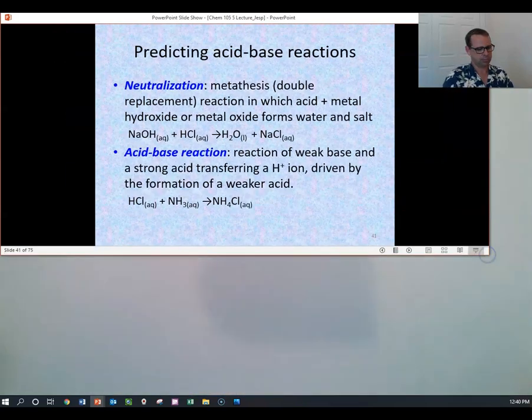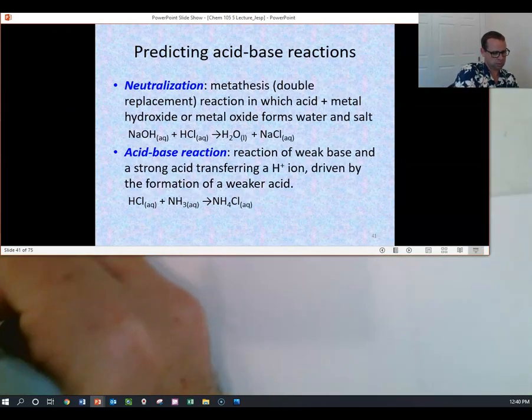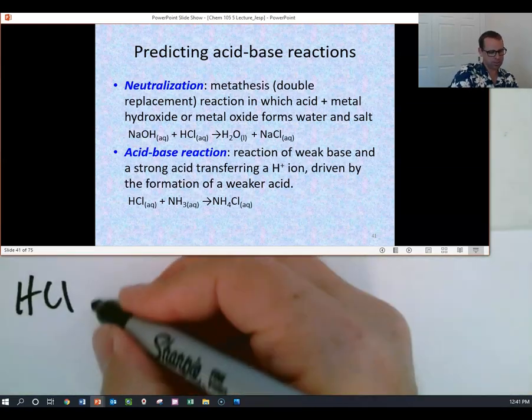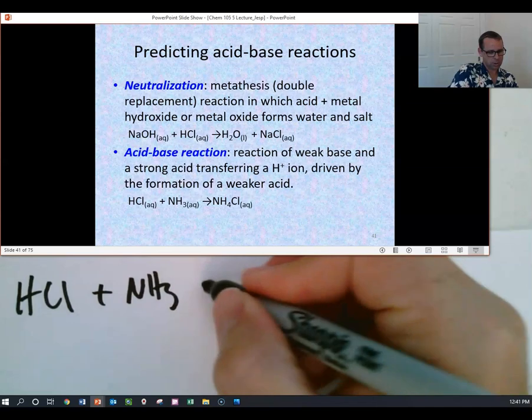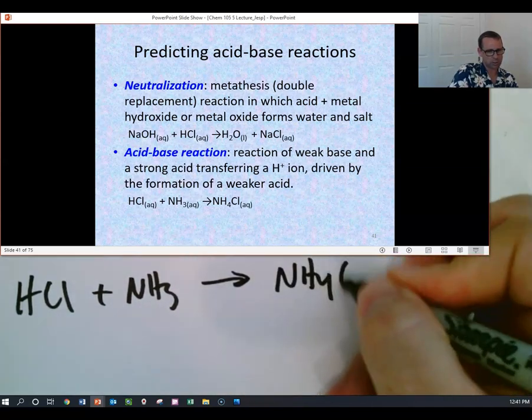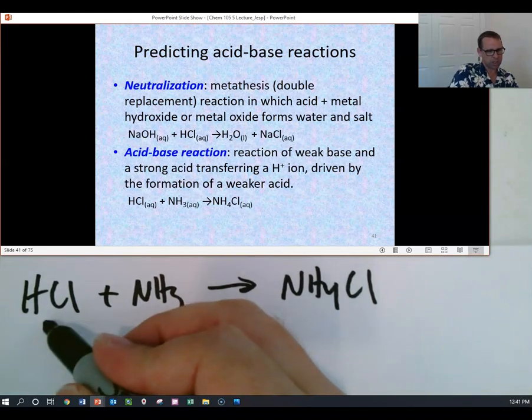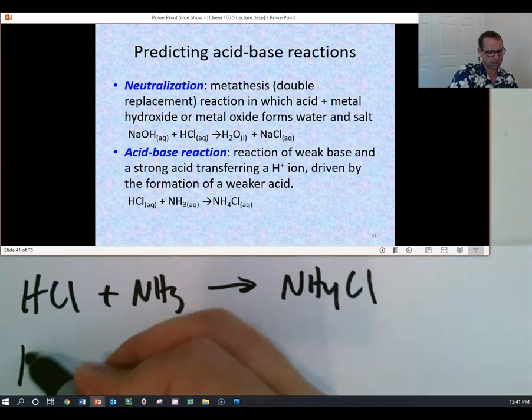HCl combining with NH3 to form NH4Cl. If I show the ionic reaction, HCl is a strong acid because it's in our list of